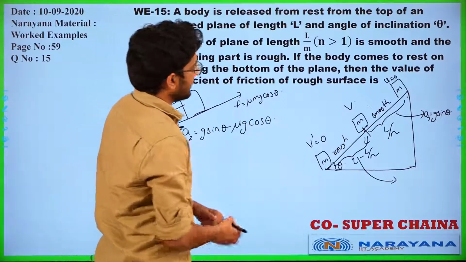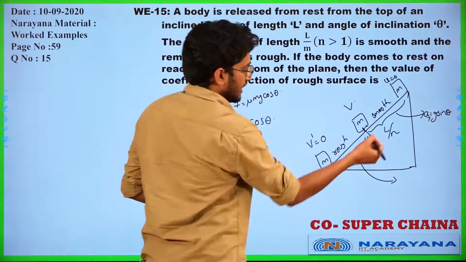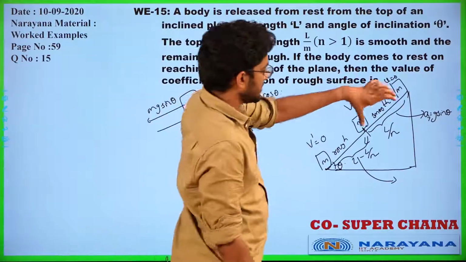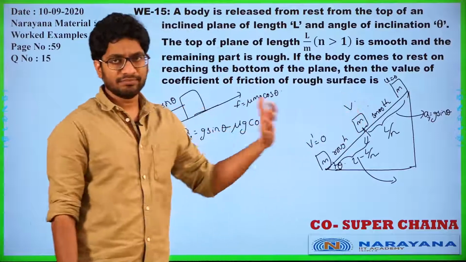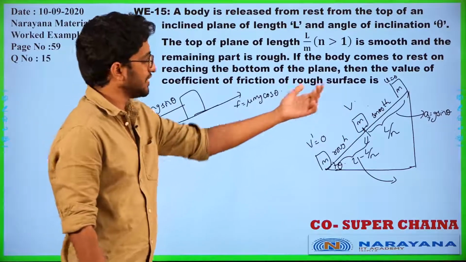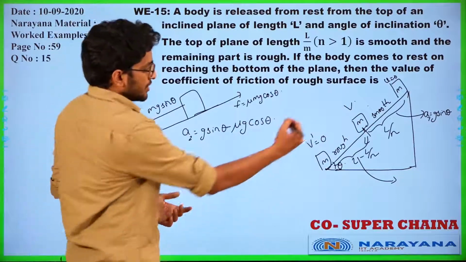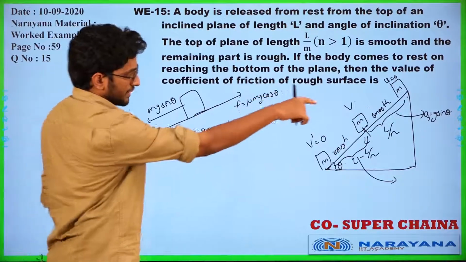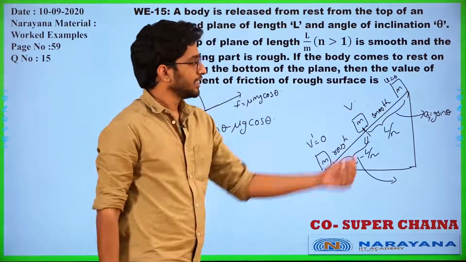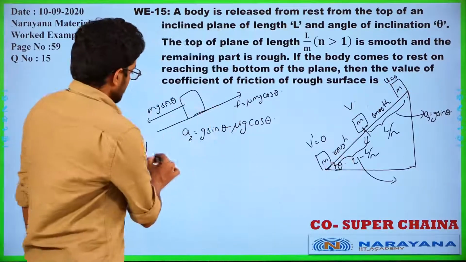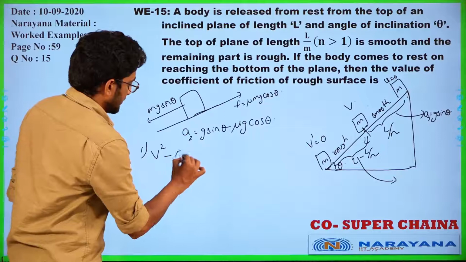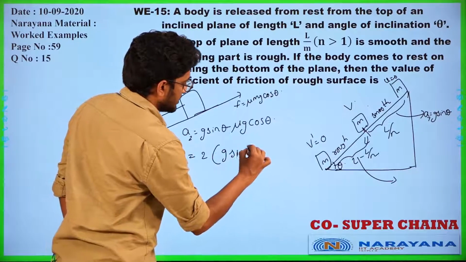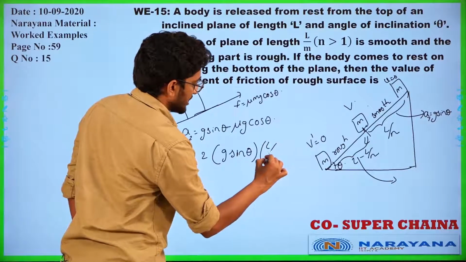So now I need to find the n value, with L by n and the remaining distance L minus L by n. What do I have? I have accelerations, distances and velocities. How do I relate them? The basic kinematic equation, v square minus u square equals 2as. For the first part of the journey, the final velocity is v and the initial velocity is 0. So v square minus u square is 2 into the acceleration in the first part, g sin theta, into the distance travelled, L by n.